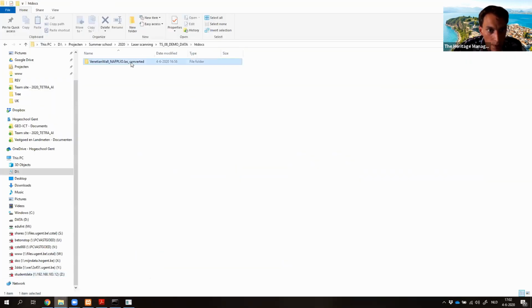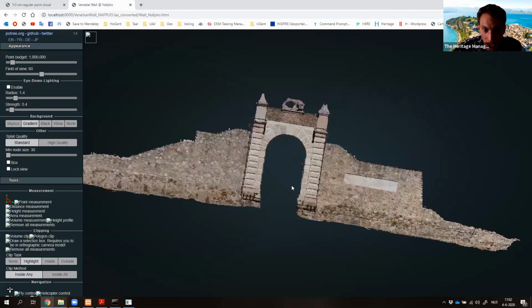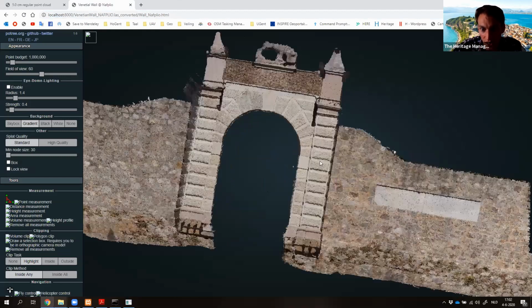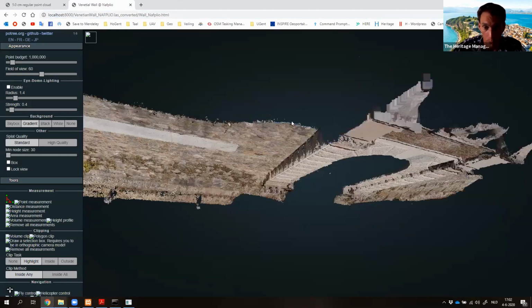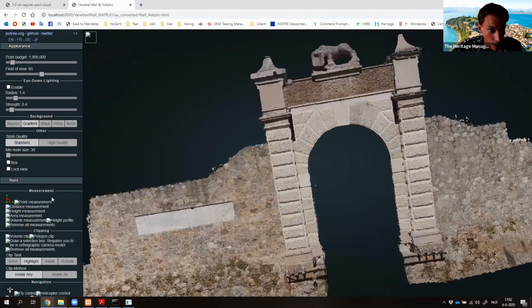If I open it just by double clicking this HTML page, you will see here the path referring to the project, summer school, laser scanning, etc. Whereas in this case, we are actually running our viewer via our local host. So we have our local host, and from that local host, we have a reference to our point cloud. And that is actually what we're seeing here. This is just the point cloud itself and the access to that point cloud. And from here, we can